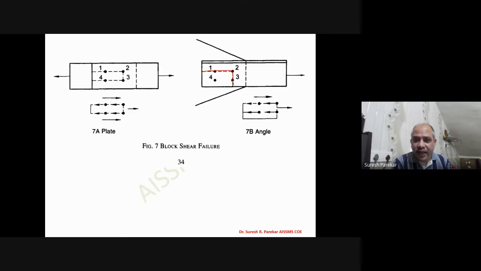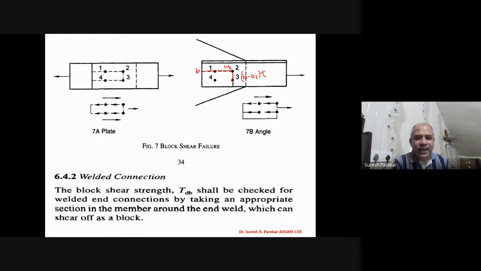Now this failure is always opposite to the thickness of the angle section, so we should be very careful with this. Above, the length we have is wt, and below, if this distance is b or d, then this length will be b minus wt, which we have to consider into thickness to calculate Atn and Atg. And then we have the welded connection.